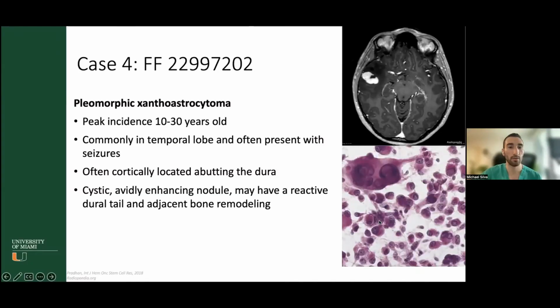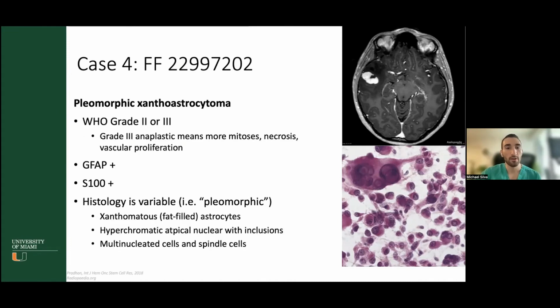Thanks, Dr. Saad. So pleomorphic xanthoastrocytoma is common in younger patients, age 10 to 30 is where the peak incidence is. Commonly they present initially in the temporal lobe with seizures. That's the classic story that you'll hear on boards, and often cortically located abutting the dura. As was mentioned, cystic and avidly enhancing, and because of the location near the dura, you see some examples, an example at the top right, may have a reactive dural tail with adjacent bone remodeling. WHO grade 2 or 3, and grade 3, as in this case,